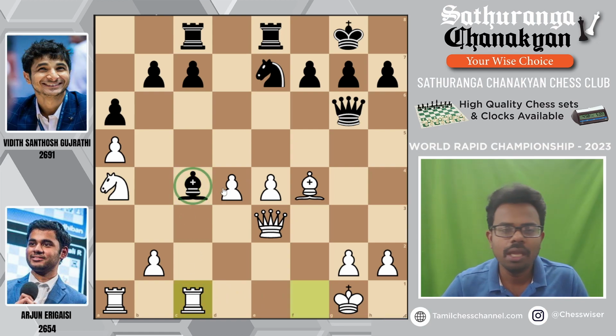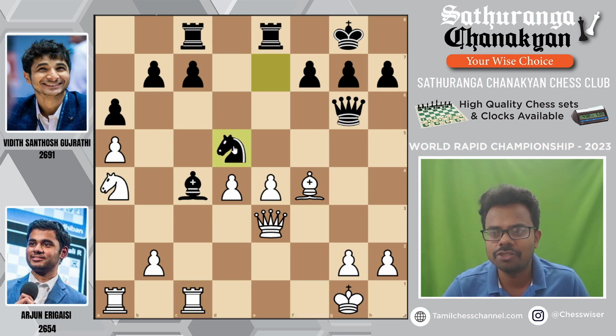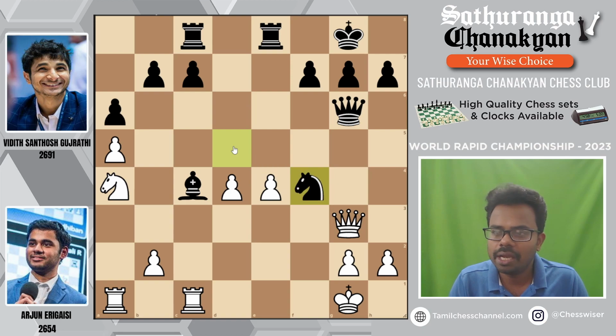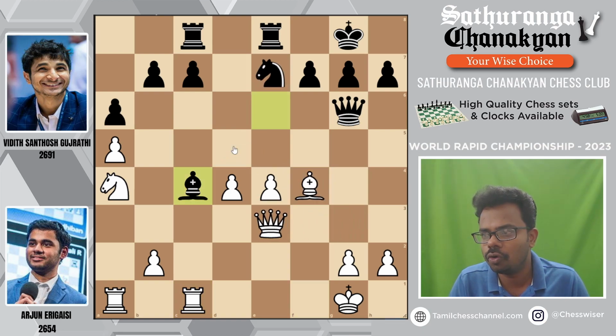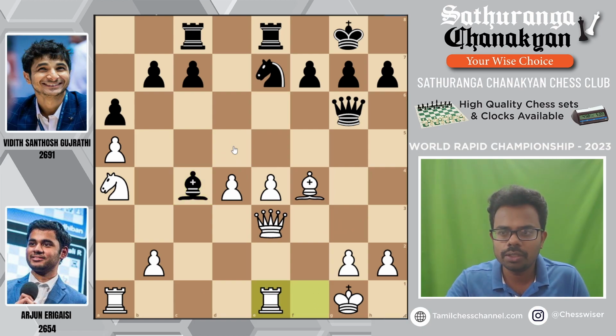The problem is he will play this brilliant move that was actually played in the game in a different variation. So knight to d5, queen g3. In the end of the variation, you will have to give up a pawn in this position. So in the game, that's why he wanted to add one more attacker, or defender, to the e4